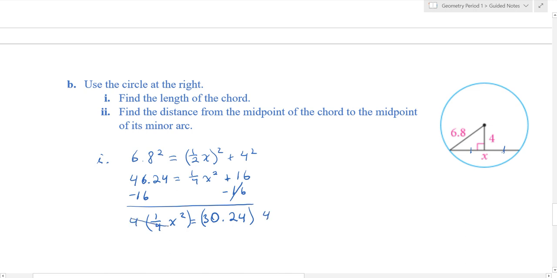The 4 over here goes away, leaving me x squared. And 30.24 times 4 is 120.96. That's the value for x squared, but I'm not interested in x squared. I want to know what x is. So I take the square root of that, and we get that x equals the square root of 120.96, which equals